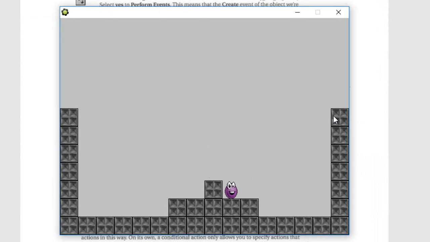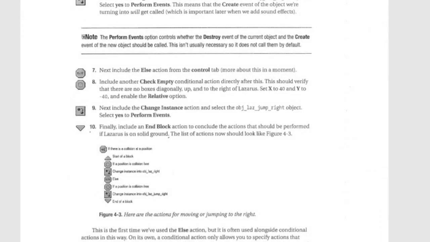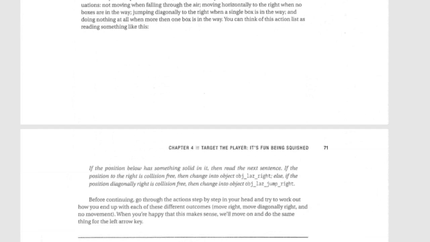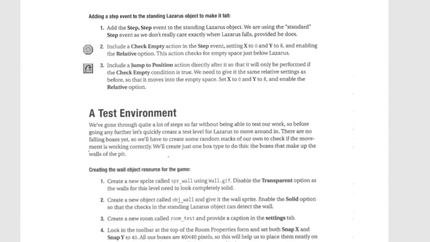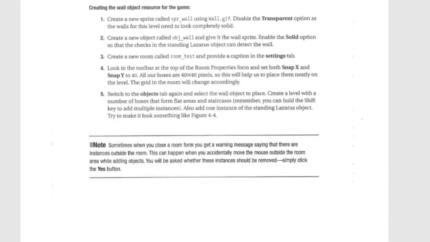So our guy dropped. So you can see he moves to the right when I click on the right. Can't go up the wall, but I can jump up one. So this is all our guy does, is he just moves right and left. And when we create falling boxes, he'll be squished by them. So now we have created our motions. We just created a test environment,